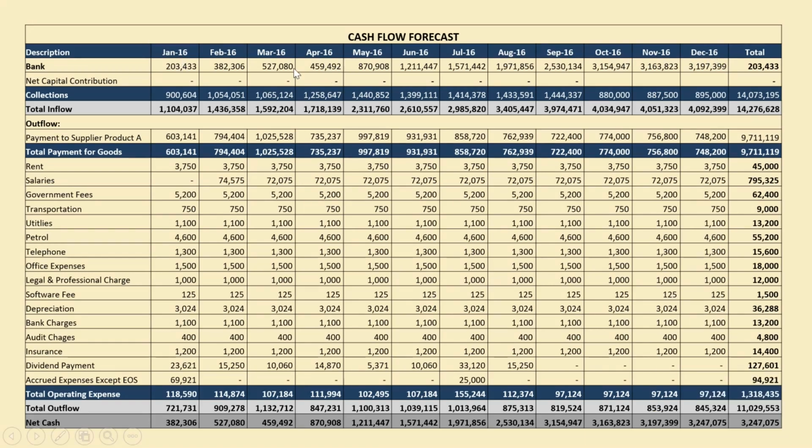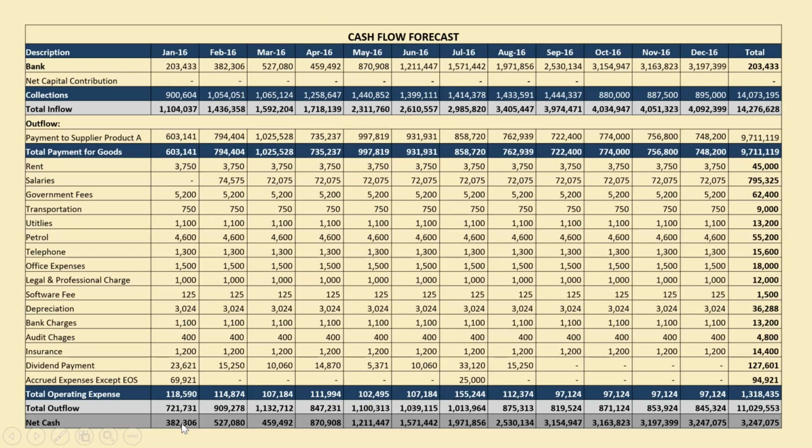So what it is reporting to us: at the starting point we have the opening balance of our bank, then we have collections from our customers, then we have payments to the suppliers. After deducting these payments, we have listed here all the cash expenses we need to make payment for during the month of Jan. And finally, at the bottom we have the closing balance of our bank